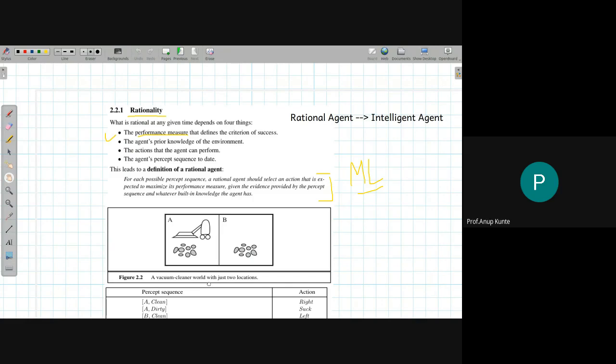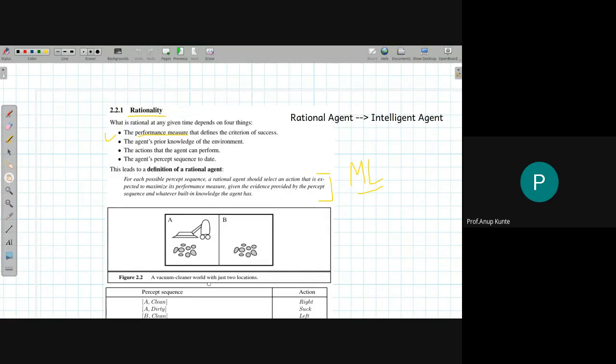So when I am doing analysis of any scenario, I should be able to identify first what kind of environment we are talking about. What is expected out of the agent? That expectation should then be converted into the performance measure. Third thing, when there is an agent properly delimited, we should know what the sensors and the actuators are. Depending on sensors, you would know what things are perceivable from the environment's description.